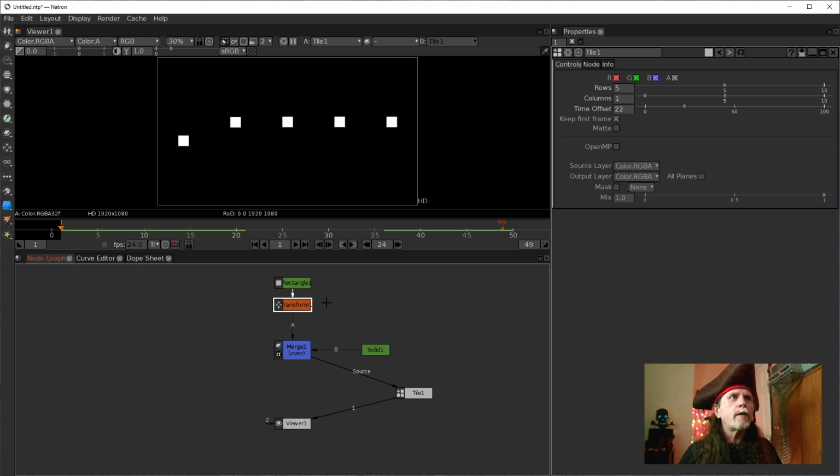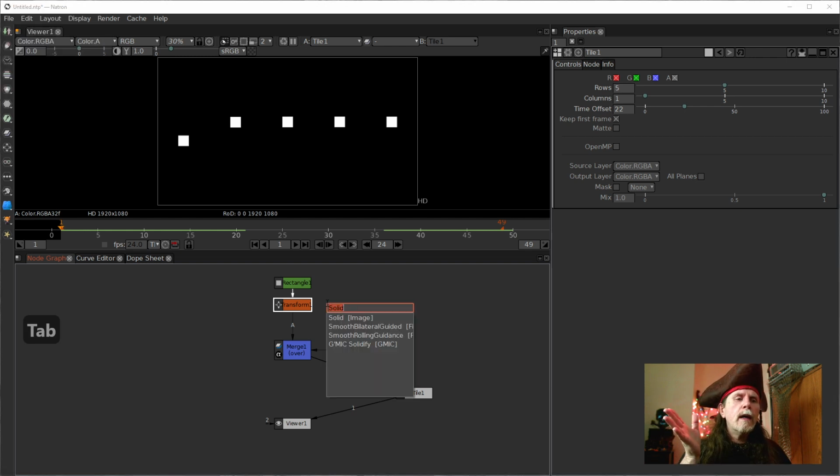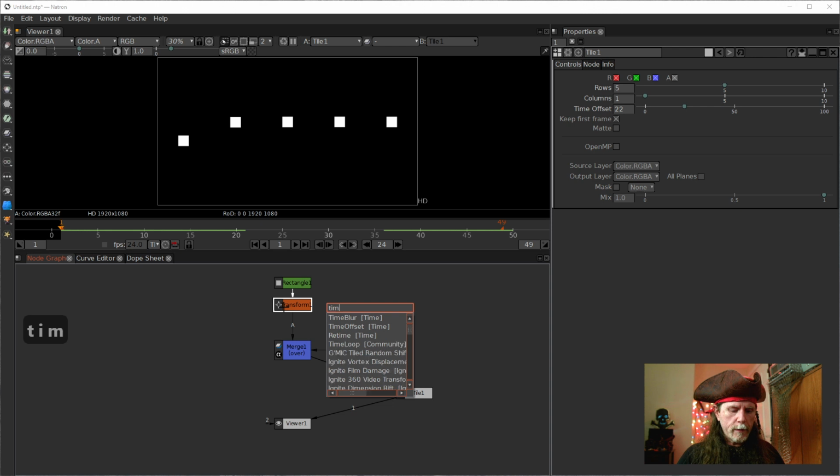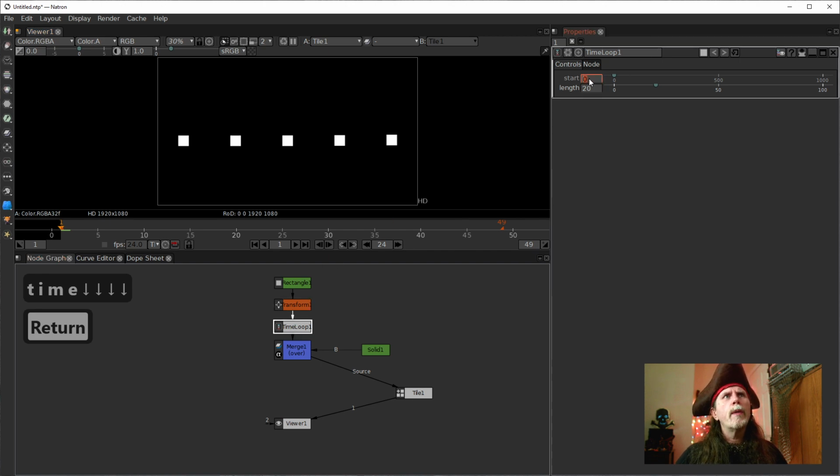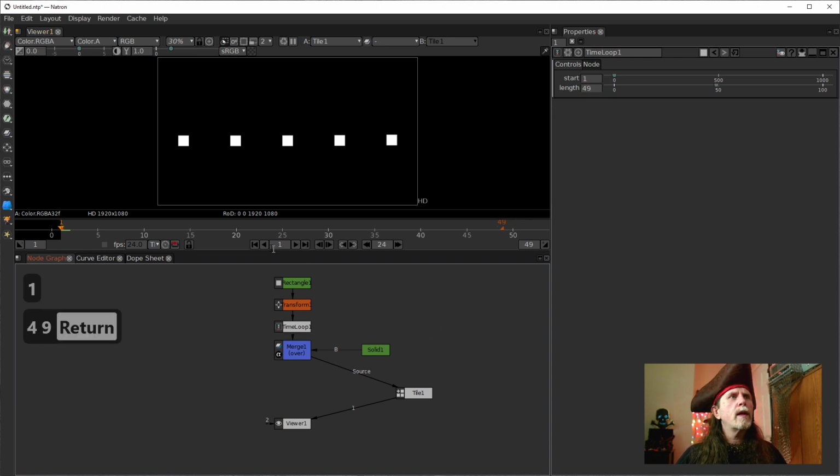So what we really want to do is use one of the custom nodes that come down. If you get the Natron user nodes, you can get this, and it's called time loop. So if we do time loop, there it is, time loop right down here. It's a community node. All we do is set the start frame, and we set the end frame, which is going to be frame 49,